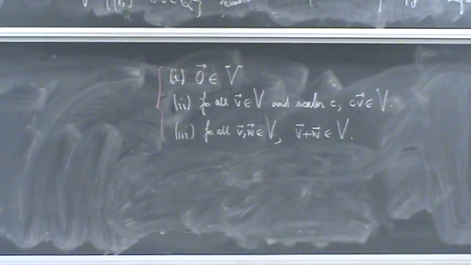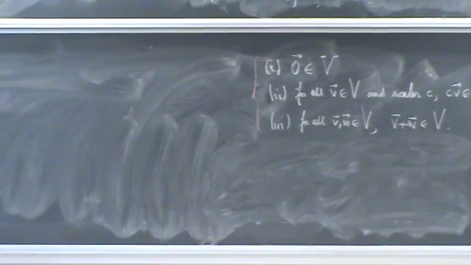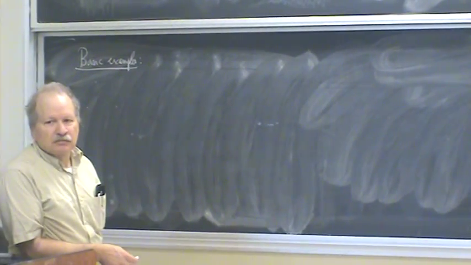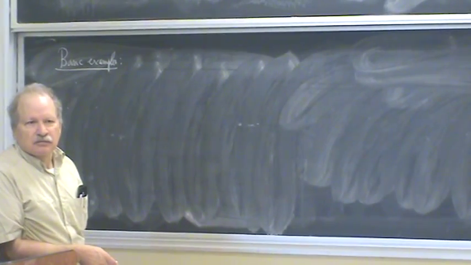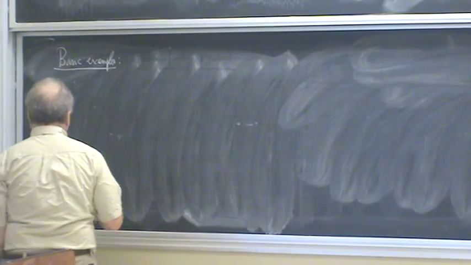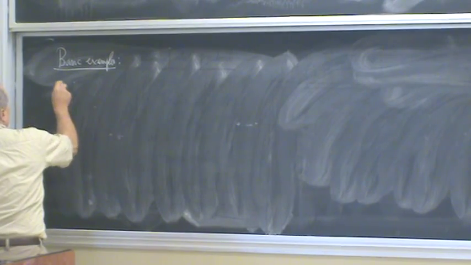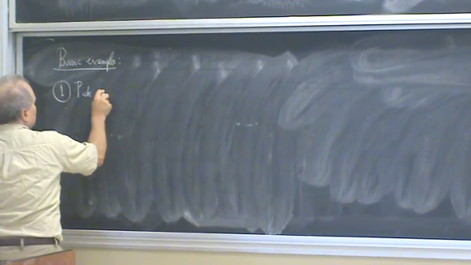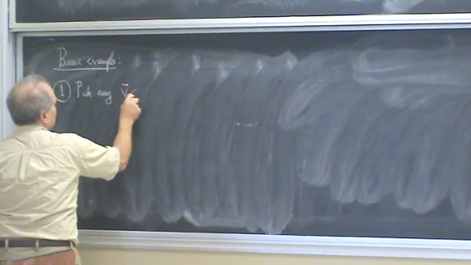So we've already discussed this briefly. How would you describe a line through the origin in any dimension? Okay, that'll do it. So for the first example then, pick any vector v